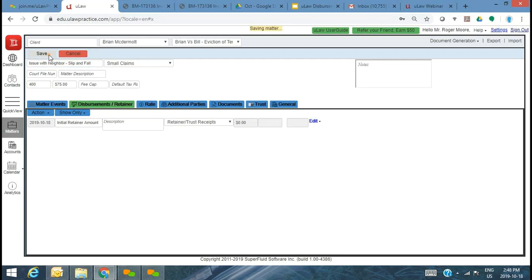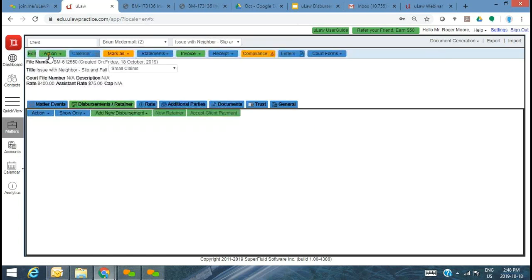In this case, I'm just going to go with the second use case, the more risky situation where there's no trust involved. You're just going to be paying for these disbursements out of your general account. And let us look at some other types of disbursements that there may be involved.